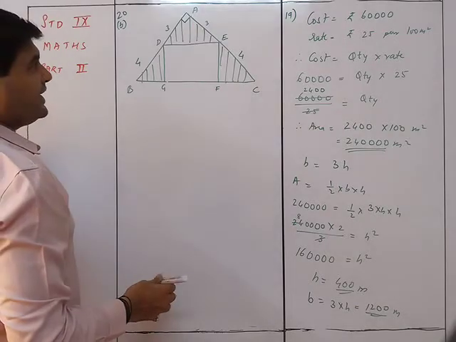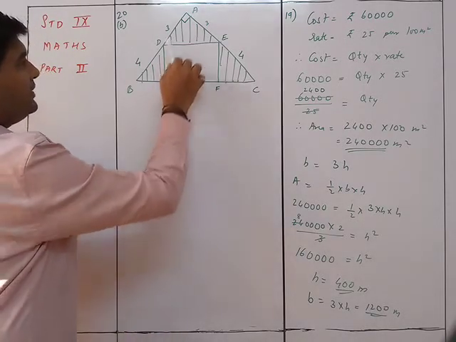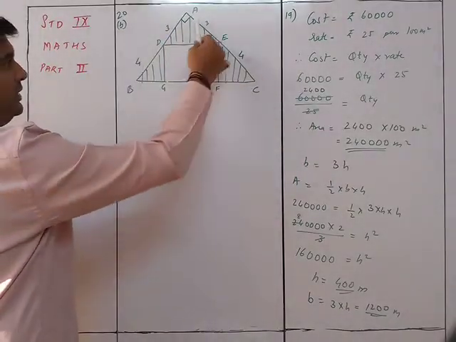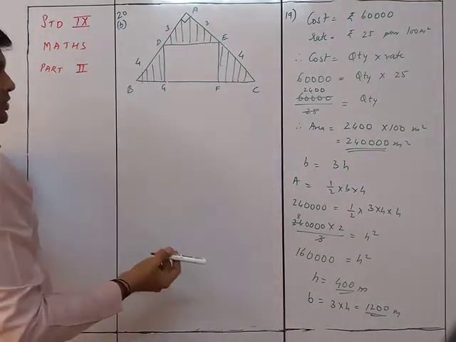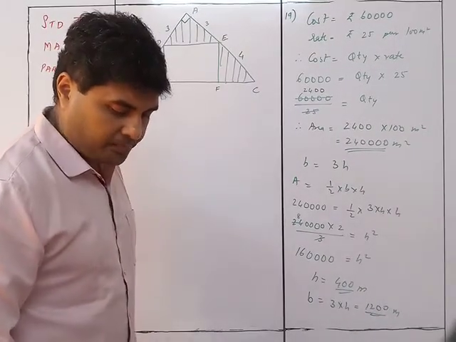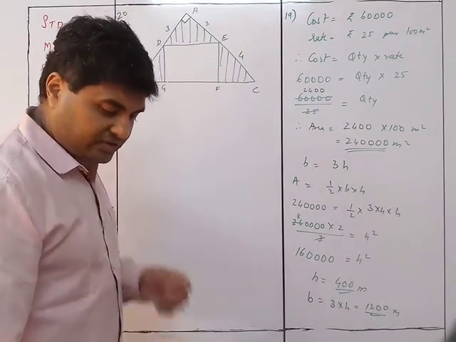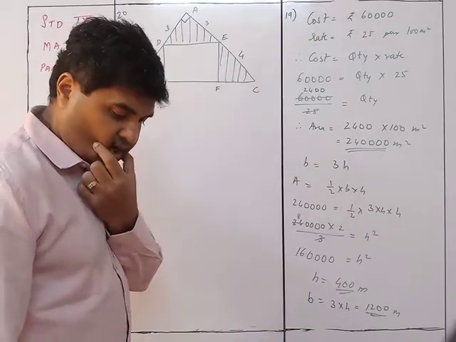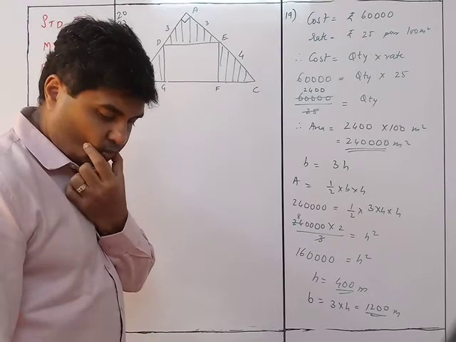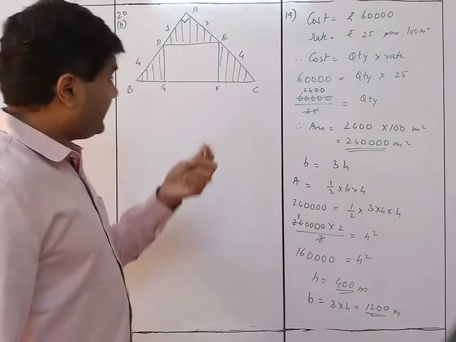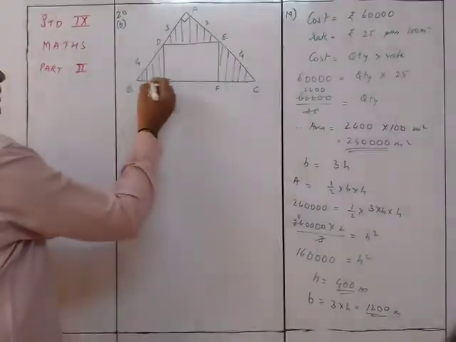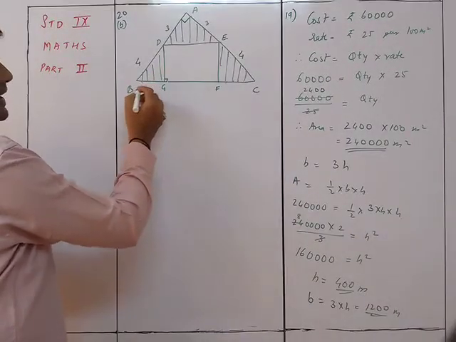So first thing is we need to find out the area of the shaded region. We can find out the area of the full triangle and find out the area of this rectangle also. That is one possibility. Or else we can find out the area of the isosceles triangle, full triangle, and then by Pythagoras theorem we can find out DBG. You can find it by Pythagoras theorem in this particular triangle. This is a 90 degree over here.